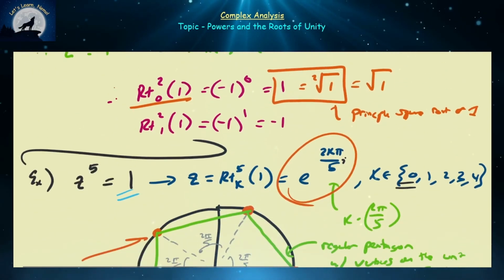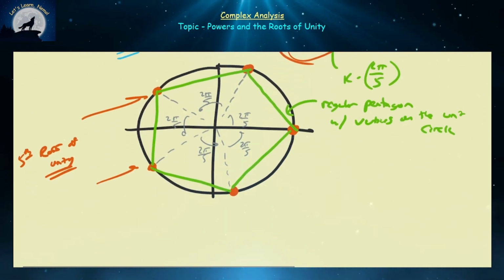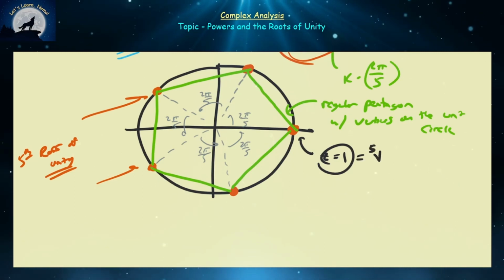But that thing in front of that i, those are going to be our angles theta, so it's going to be i theta, right? So our fifth roots of unity form our regular pentagon on the unit circle, and then we have this one, z is equal to 1, which some people will abbreviate as this one, and that's usually what we call the principal